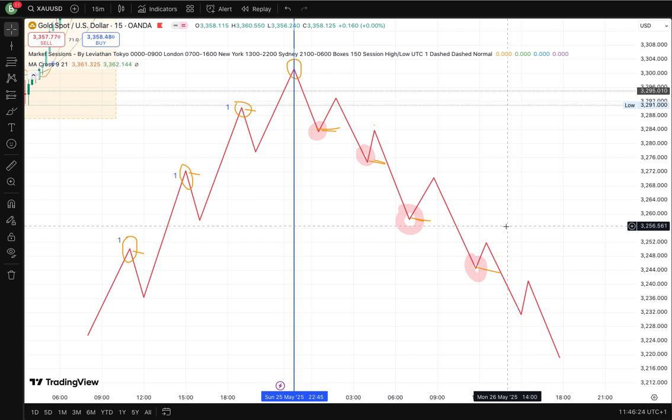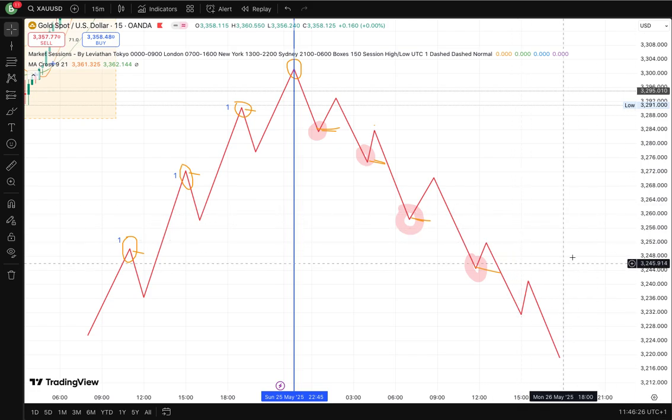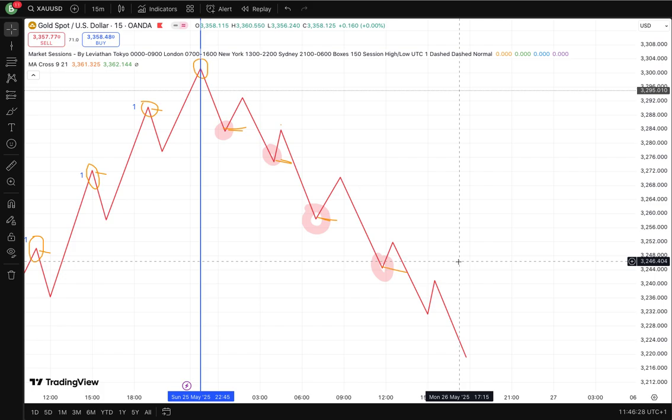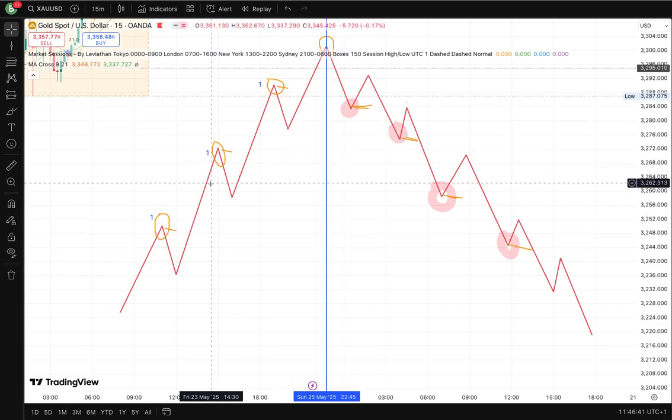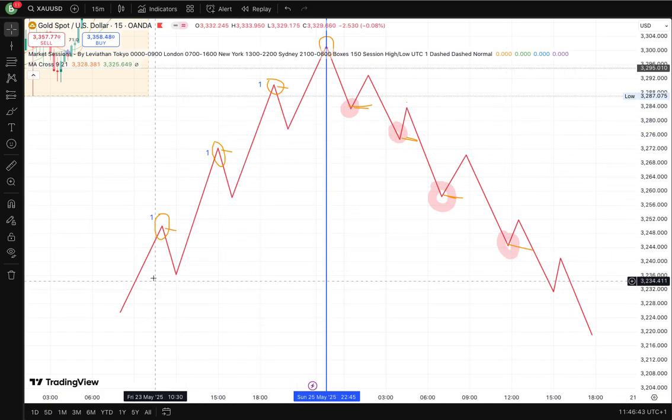Very simple. If you're looking to buy from the demand zone, what is a demand zone? I'm going to explain what demand zones are in the later videos. A demand zone is the point where the price is at the cheapest. You can't compare prices at this junction to prices at this point, because